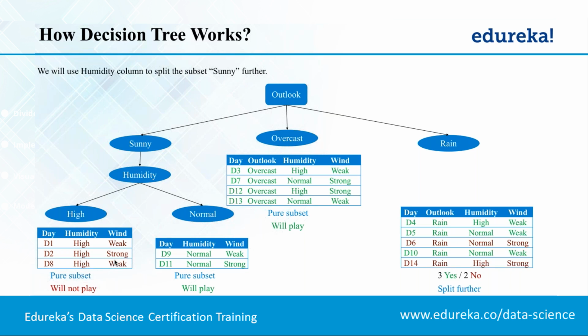That means all or no records. There's no mix. So if tomorrow is going to be sunny and humidity is high, then according to my data, I can tell that we shouldn't play. But if tomorrow is sunny, but humidity is normal, then again, according to my data, we can play. I'm emphasizing on according to my data because the decisions that we are making is completely based on what data